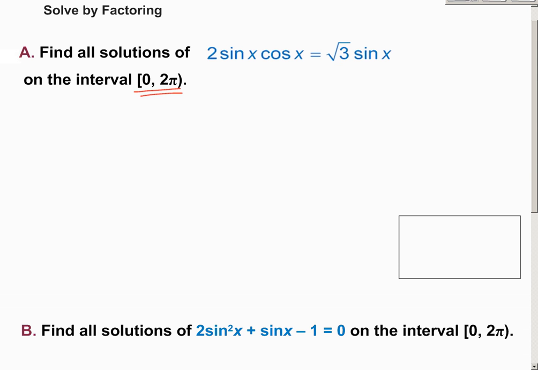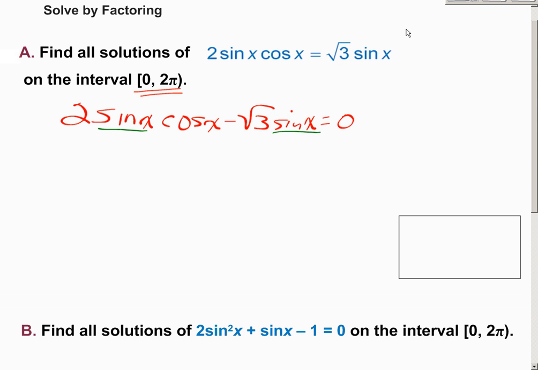So if we subtract the radical 3 sine x from each side, we have 2 sine x cosine x minus radical 3 sine x equals 0. And the first rule of factoring is to always look for a greatest common factor, which we have in the sine of x. So that makes this sine of x times 2 cosine x minus radical 3